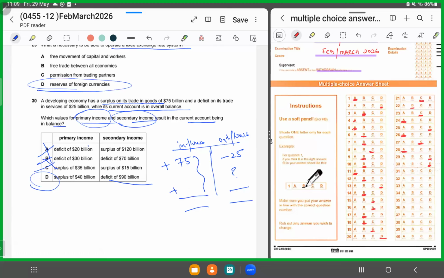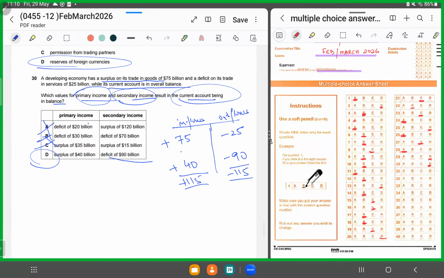So it's not A, it's not B, it's not C. It has to be D, where a surplus of 40 billion over here and a deficit of 90 billion over here means that your inflows are equal to your outflows and your current account would be in a situation of balance. I hope you understood and